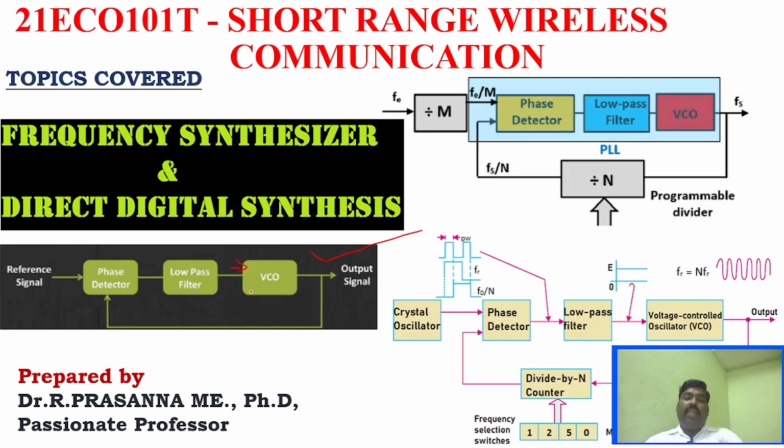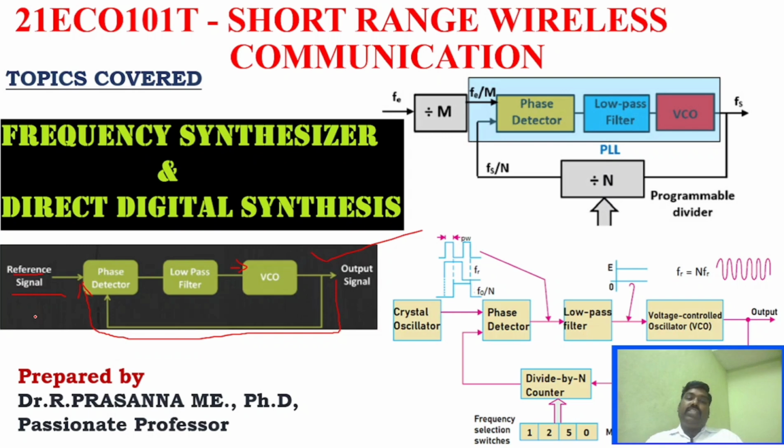Now coming to PLL, what is the working of PLL? PLL is mainly used for synchronization purposes. As I said, it can be used for clock recovery. It will take the reference signal, and we can lock to the frequency of this reference signal. The output of this PLL will be in phase with the reference signal, right? It will be locked with this particular reference signal. So when we say the frequency is locked between the output signal and the reference signal, then the frequency and phase will be the same. There will not be any phase difference, right? That is the working of PLL.